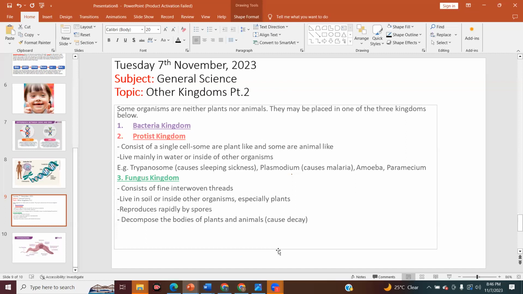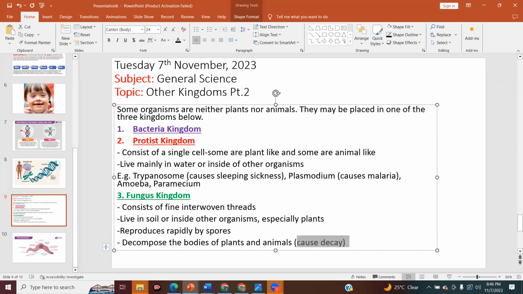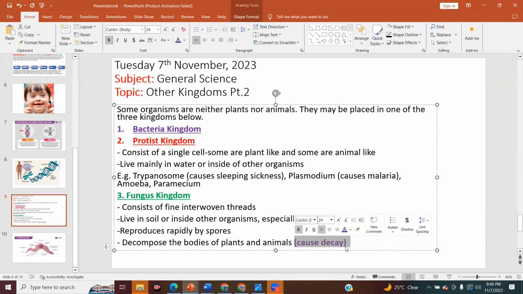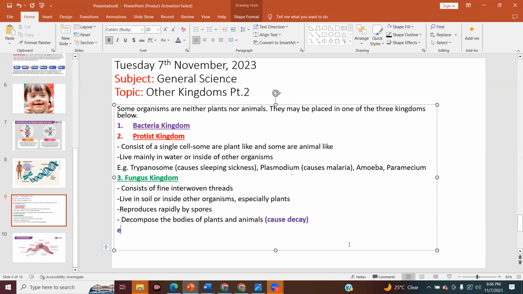They cause it to rot and decay. Examples of these would be mushroom, yeast,